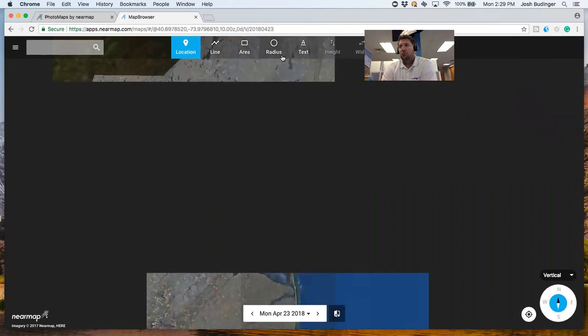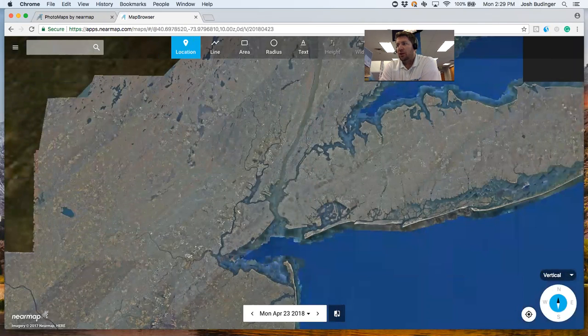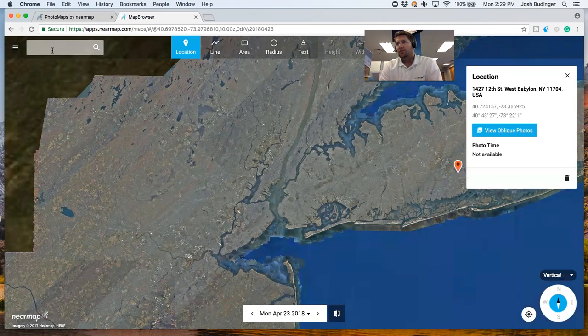You can see the tools are a little bit different. The measurement tools and text, annotation, and export are at the top. The dates and split screen are at the bottom. Here in the bottom right-hand corner, we have vertical. We also have access to the panorama and oblique imagery there. And I'll go through all of that. So first I'm gonna type in an address. I'm actually gonna pull up